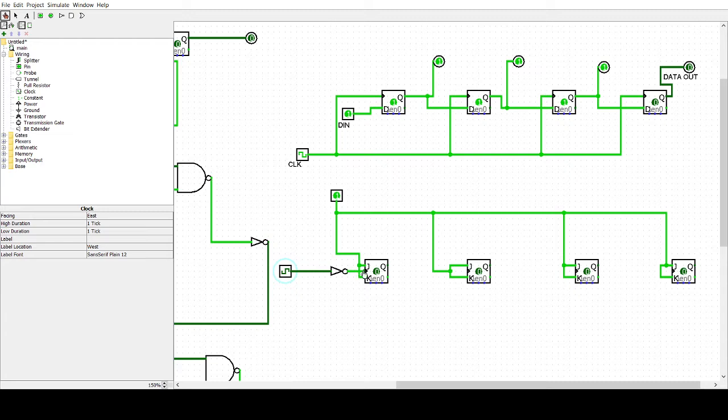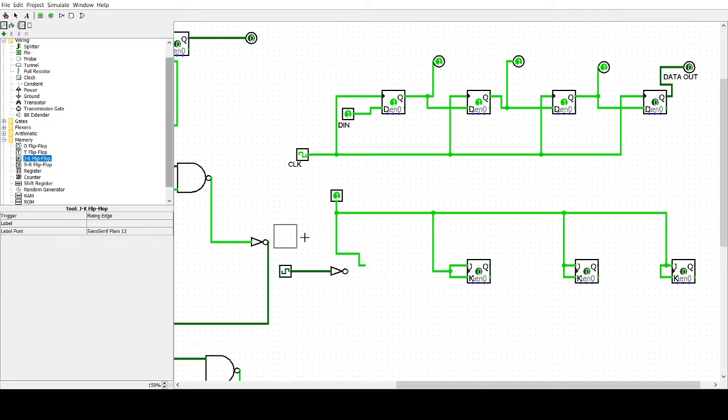There's something wrong here. See, this minute connection was a problem. There was a connection between K and clock. So that is why I am unable to change the values.